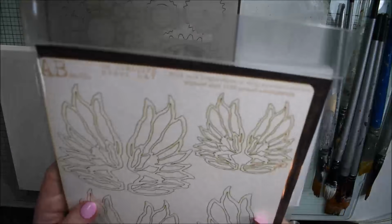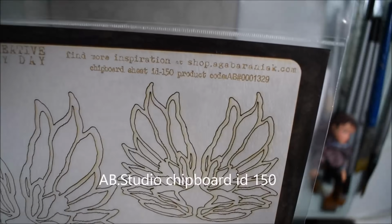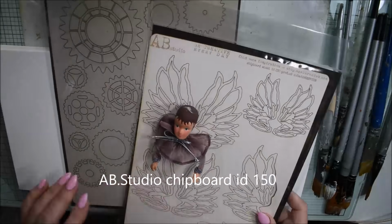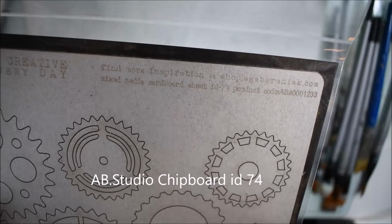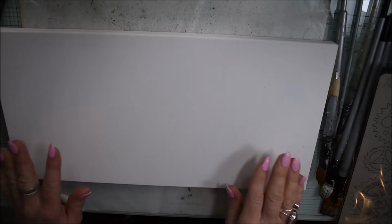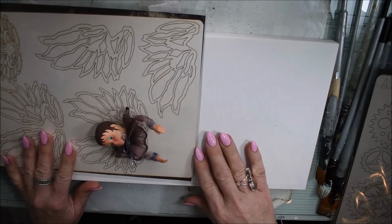And today I have an idea. I will do a canvas. I will use Chipboard from AB.Studio, and I have these gorgeous wings named 150. I also have some gears in Chipboard 74, also from AB.Studio. Gorgeous products, and I have a plan to do a canvas with the wings and this